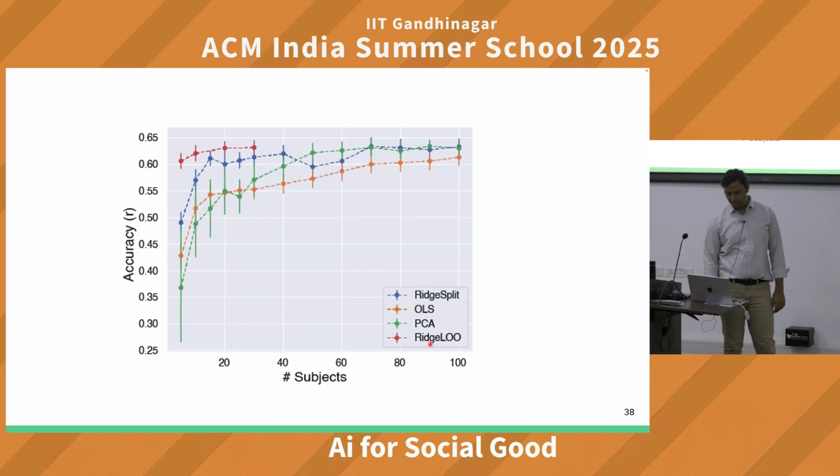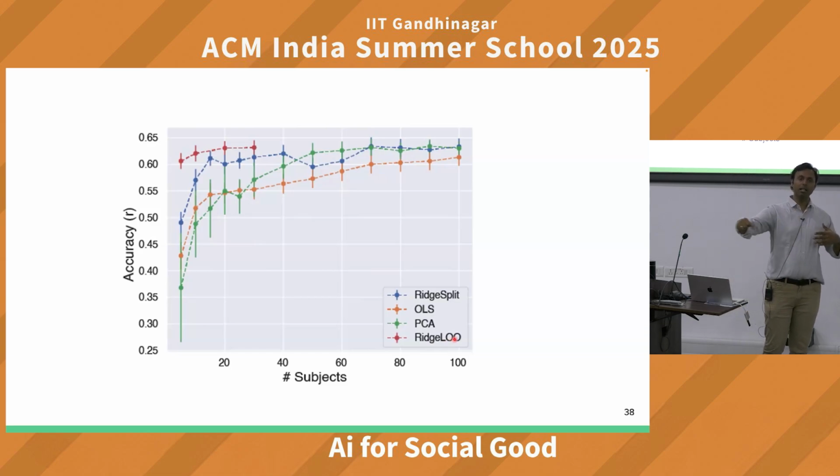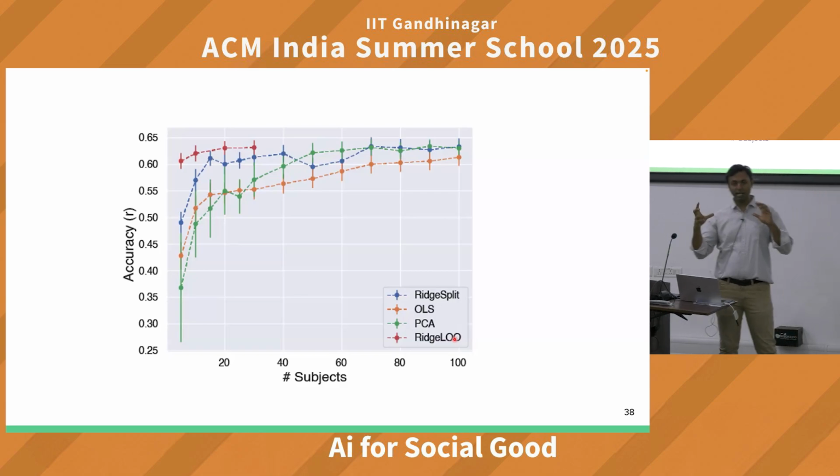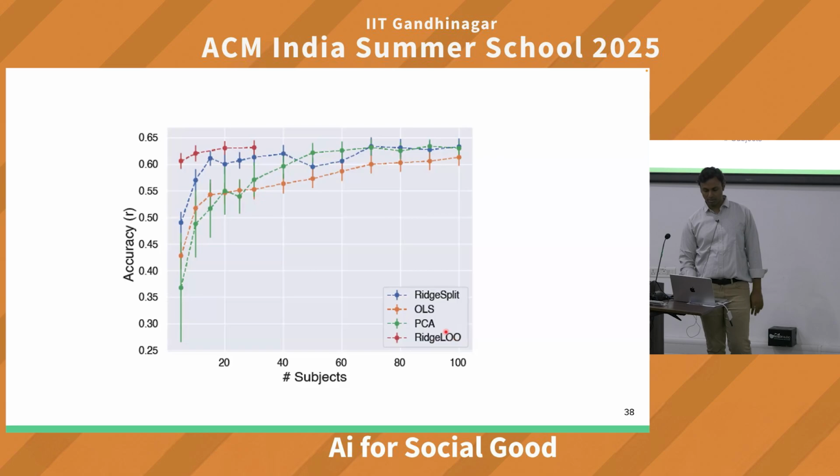तो बड़ा interesting है कि different, even PCA, ordinary least square, ridge, split, initially we see some difference in these models, but beyond a number of subjects that difference kind of goes away. तो अगर आपके पास कम subjects हैं तो there are certain methods which is called the leave one out cross validation approach. It works better. Leave one out में क्या? Let's say आपके 10 subjects हैं, आपने एक हटा दिया, 9 पे train किया, 10वें पे test किया, फिर repeat. एक पे test किया, 9 पे train किया, you get 10 different models. तो उन 10 different models का sum is something which gives you a better accurate model when you have less number of subjects. अगर subjects ज्यादा हैं तो कोई भी train कर लो, it's more or less the same.